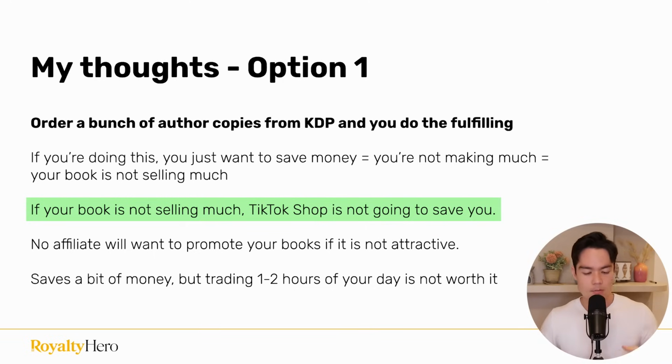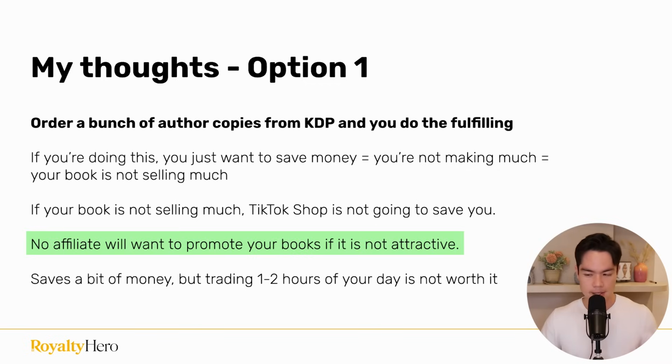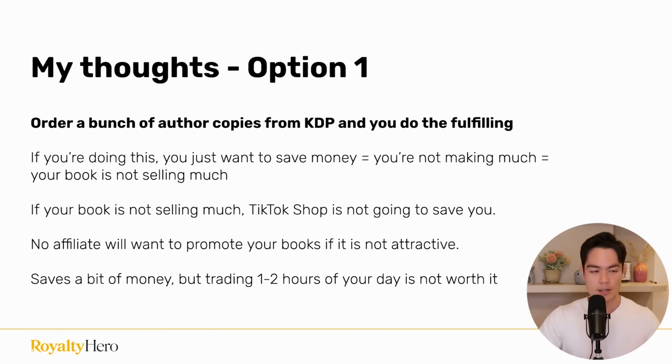TikTok Shop is not going to magically sell your book that's not currently selling a lot. No affiliate will want to promote your book if it's not attractive. If your book is not selling on Amazon at the moment, most likely it's because it's not that good, right? Now, obviously there are rare cases of people who just didn't promote it or didn't get reviews, and maybe it can blow up in the future. But if you're promoting and marketing it and it's still not selling, most likely it's just not good. And if it's not good, no affiliates are going to promote it,